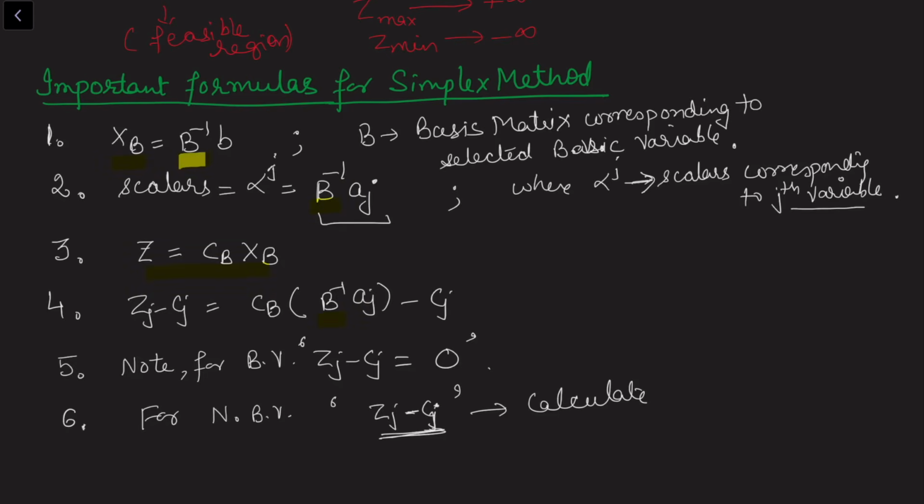And notice that in the formulas everywhere we have this B inverse. Once we have calculated this B inverse, we can know xb. If we know xb, we can calculate z. So that means the key to understanding the simplex method is to understand what B inverse is. B inverse is the inverse of the matrix for the selected basic variables in that particular simplex iteration. And to see the scalar formulas and xb again, let me take an example.